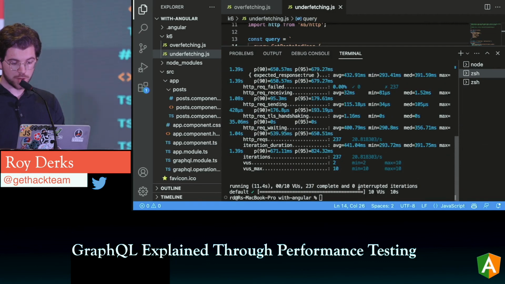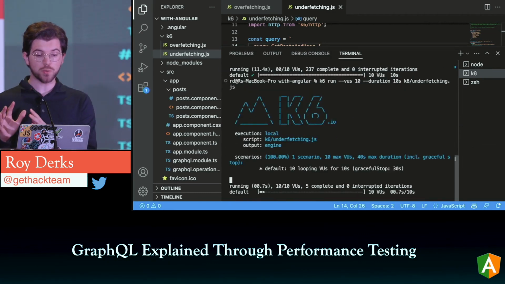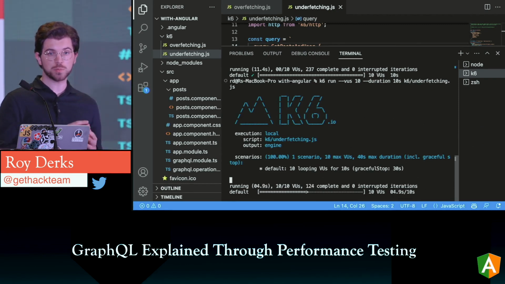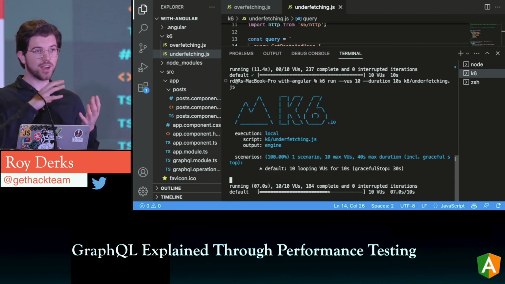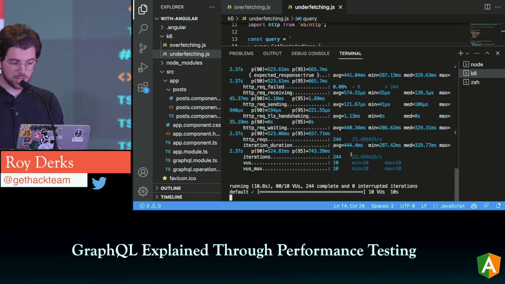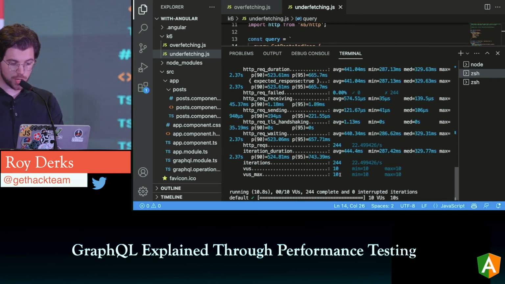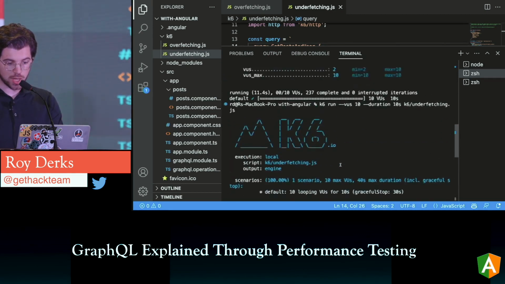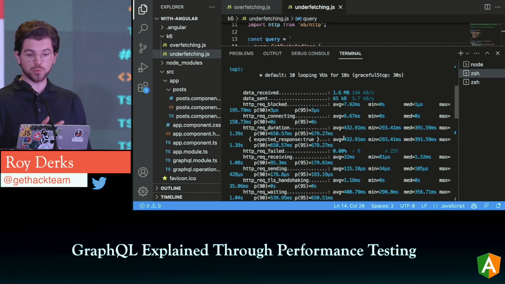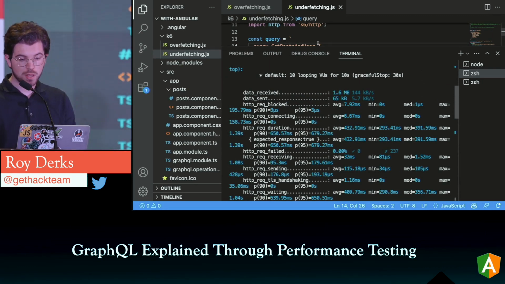So with REST, we would have to send these two different separate requests. What you basically would have in 10 seconds, you would see both requests, but it's a bit hard to tie them together async, otherwise I should have prepared the code. So we have two different requests, and we have 244 iterations and also 237 iterations. So it's almost 500 iterations in 10 seconds.